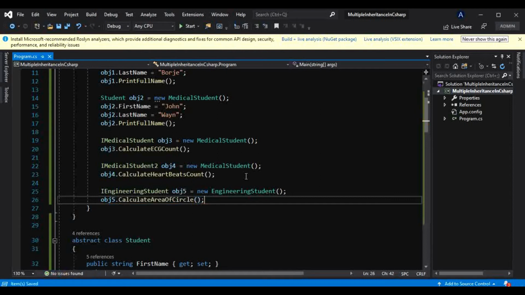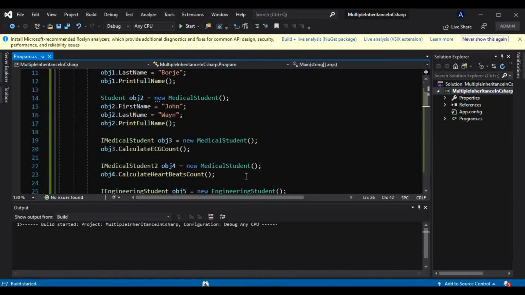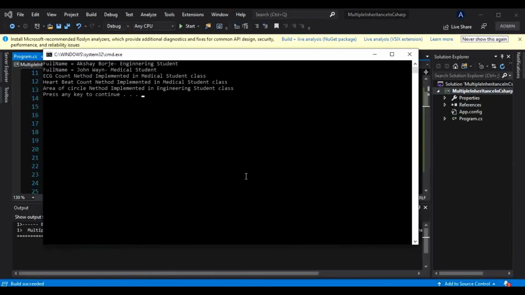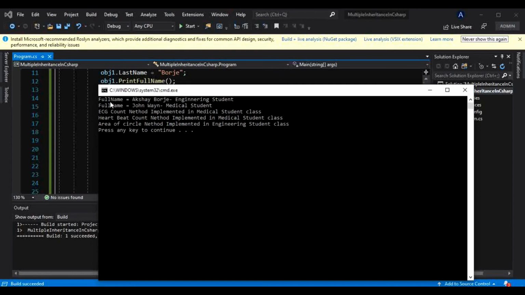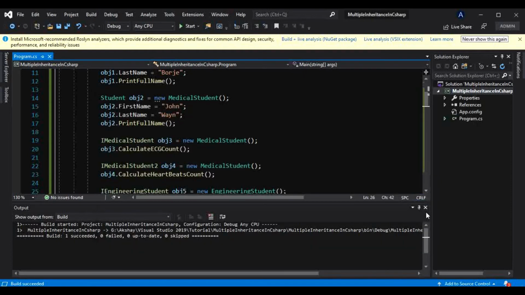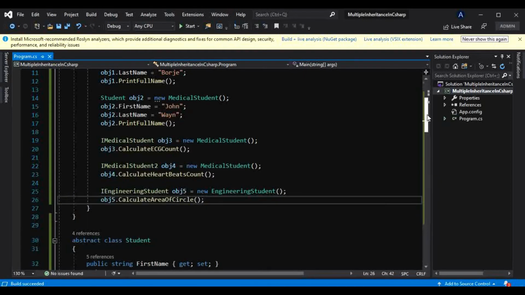If I run this, we will be able to see every message. First, full name Akshay Borje engineering student, full name John Wayne medical student, ECG count method implemented in medical student, heartbeat count method implemented in medical student, and area of a circle method implemented in engineering student class. So this is nothing but multiple inheritance using interfaces.